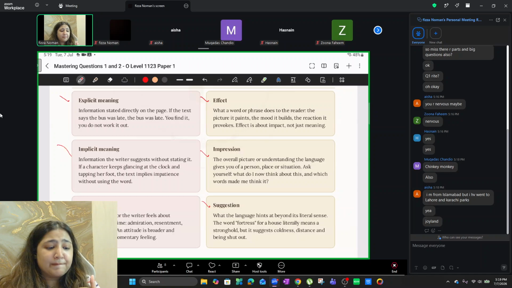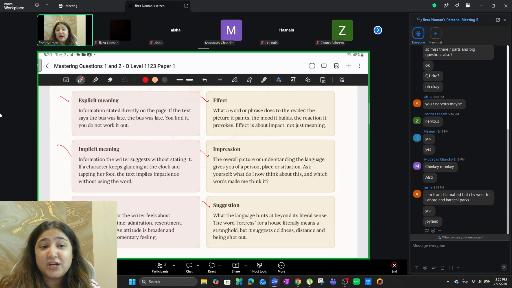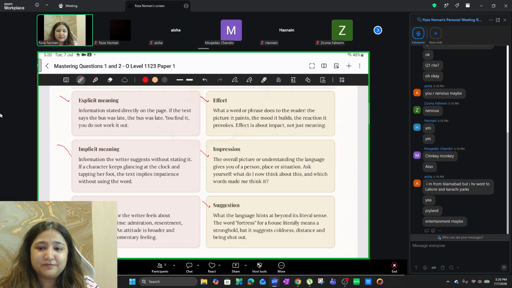So I would say, for me, Joyland or Hill Park or Behria Adventureland, they are magical places. I'm using the word magical. I could have used it's a fun place, right? It's a huge place, but I have used the word magical. What kind of meaning do you think I'm trying to convey? Or what kind of effect am I trying to portray here? What comes to your mind when I use the word magical instead of any other word that I could have used? Probably our parents might use the word chaotic or messy because that's how they see it. But I would say it was a magical place, right? So how do you guys see it?